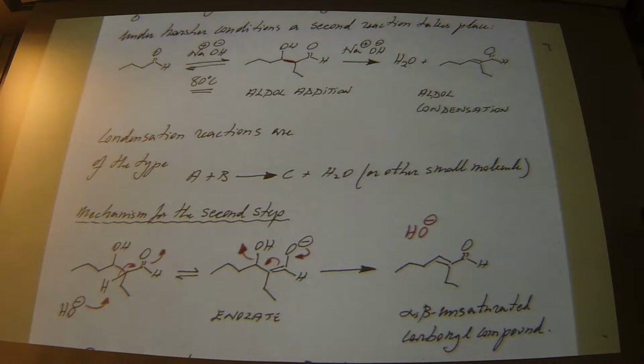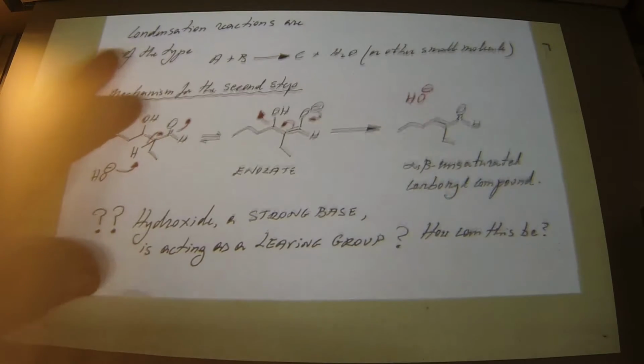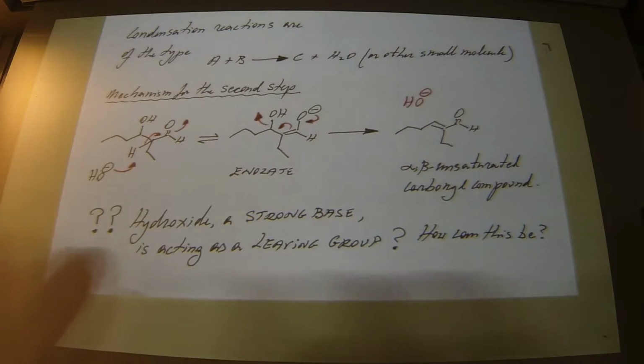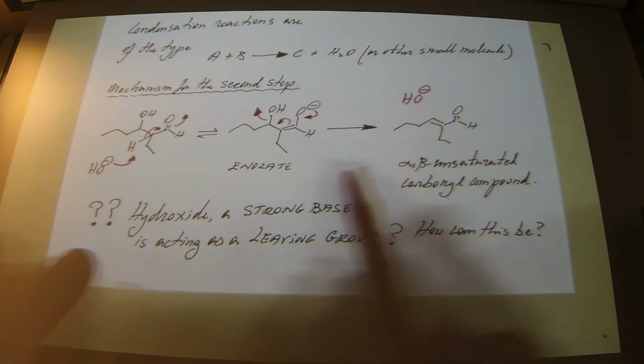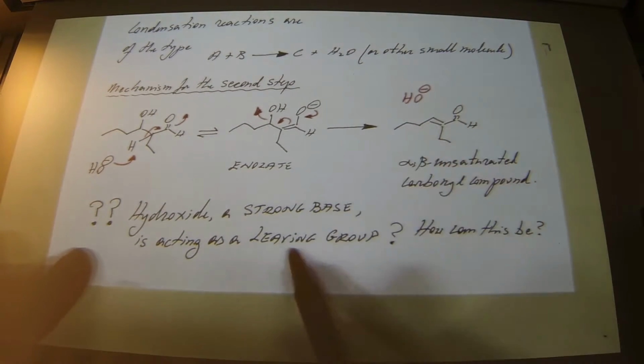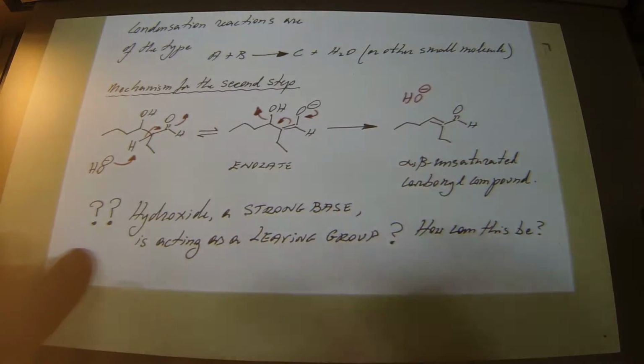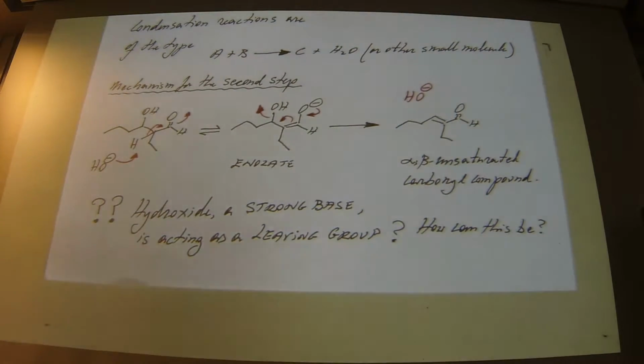Yeah, hydroxide is a really lousy leaving group. It's a strong base. So hydroxide is a very poor leaving group, strong base. So how does this work? Why does this work? And that's a very legitimate concern. After all, you know, or at least I hope you know,